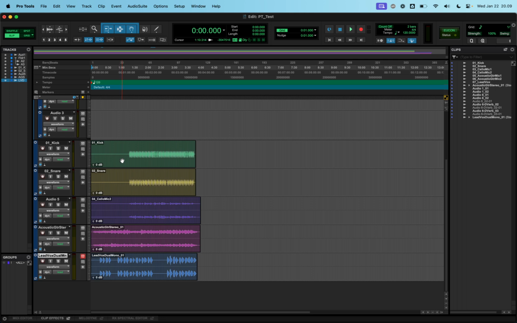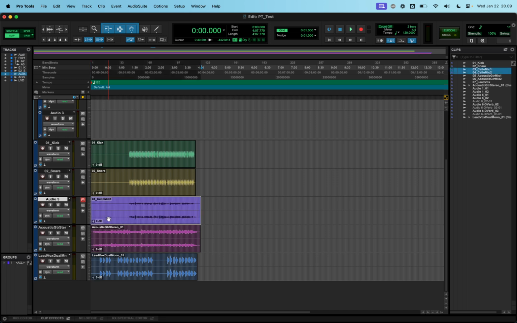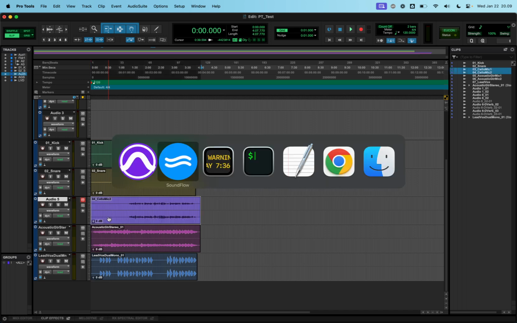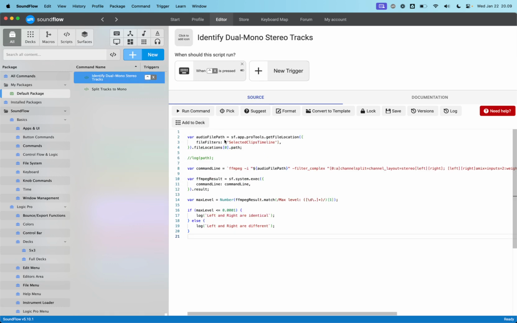And so basically what we need to do is to iterate through each of these stereo audio tracks, select the first clip, and find the file location of that clip, and then run this algorithm. So let's refactor this a little bit so that we can use this a little bit more in a larger script. So I'll start by